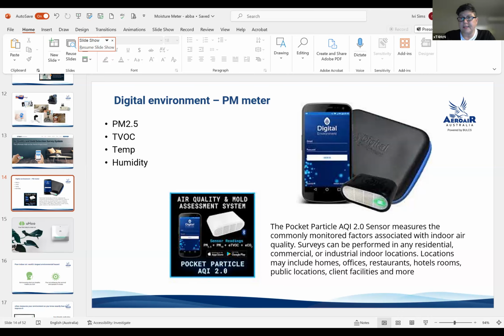If further investigation is needed, or if I need to take some samples, I might provide that at a later date, and that's fine. This particle counter is very good for that type of assessment. It gives you a bit more depth in your business that you can provide to customers, because not everybody can afford